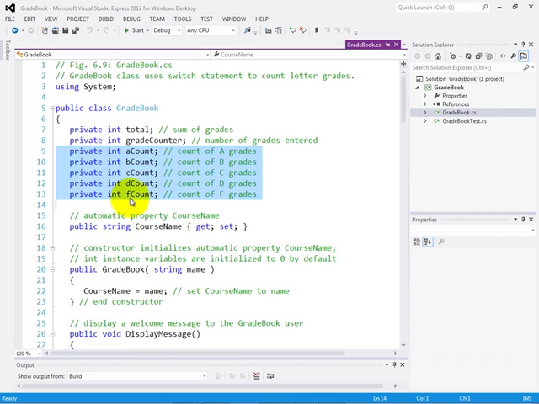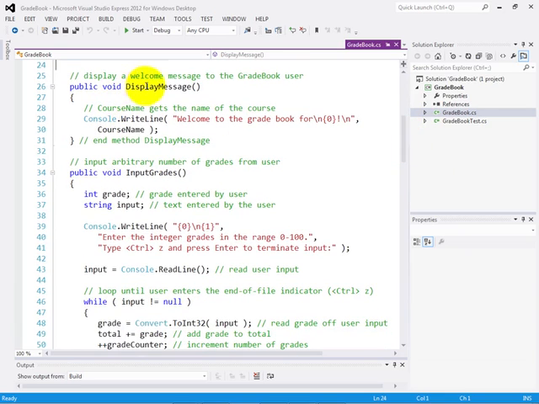In the preceding versions of the gradebook where we calculated the class average, things like the total and the grade counter were defined as local variables inside the determine class average method that we had defined. Now we're making them instance variables so that we can keep track of this information throughout the execution of the program. We once again still have our auto-implemented property course name. We have a constructor to initialize the course name. And then we have some of our other methods, the display message method, which we called first to display the